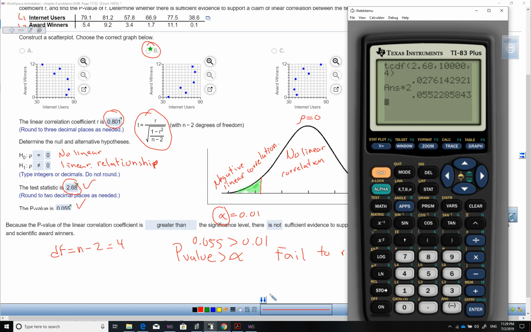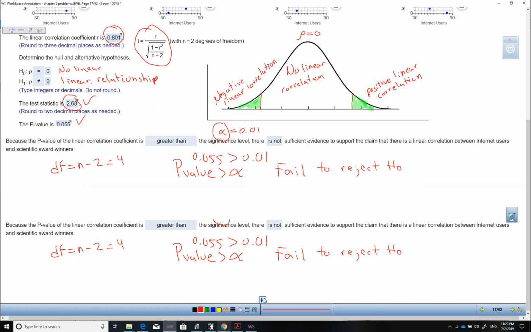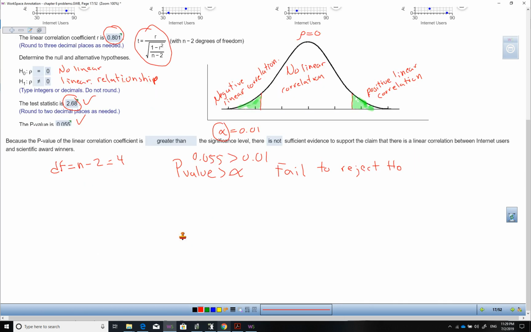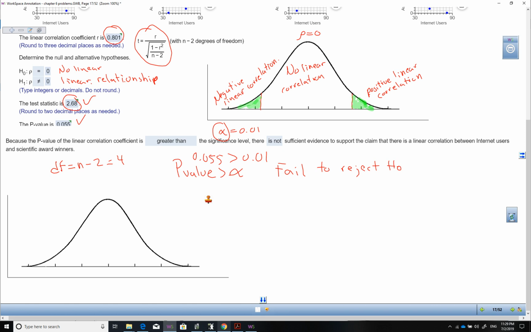Let me explain that. The reason why I multiply by 2 is because, look, I know this is additional information, guys, if you want to have fun on this and really understand what is going on. The test statistic is 2.68, right? And this symbol is telling you that you have a two-tailed test. You have these two tails, right? And then the p-value is the probability. I'm sorry, I misspelled this. P-value